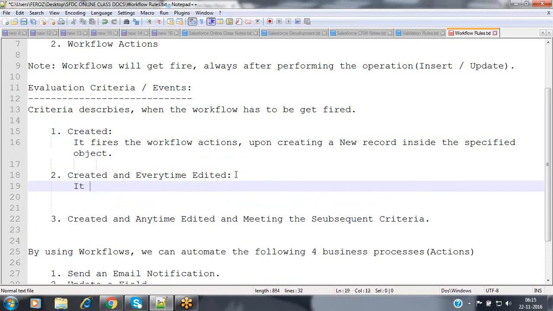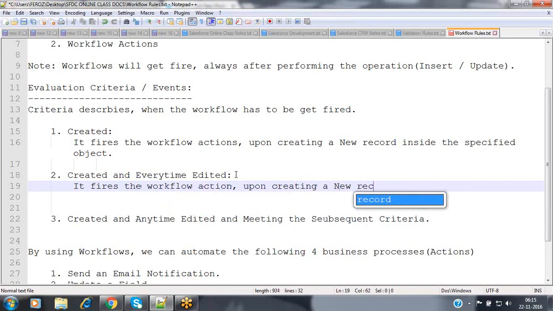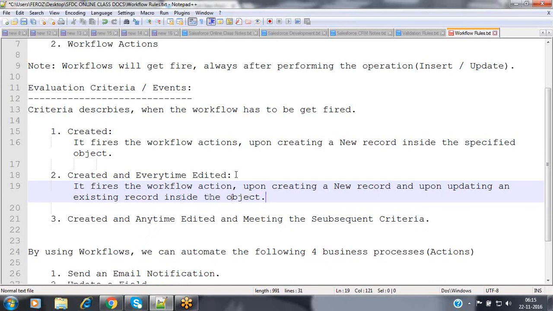This criteria fires the workflow actions upon creating a new record and upon updating an existing record inside the object. Whenever you create the record and whenever you update the record, it will execute those actions.